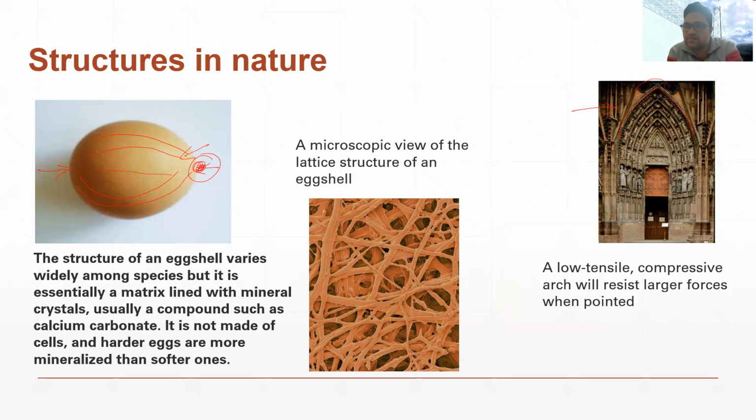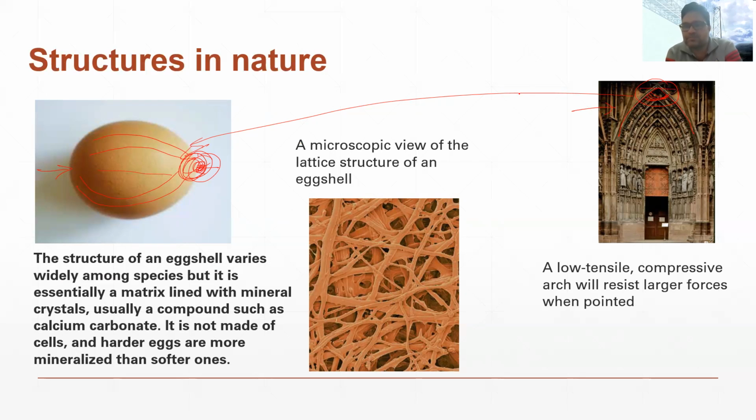So this example, or this reference of this arch, can be inferred from this egg. The pointed part is very strong. You can see here, this is the curve. If the radius of curvature is less, in that case the arch will be strong